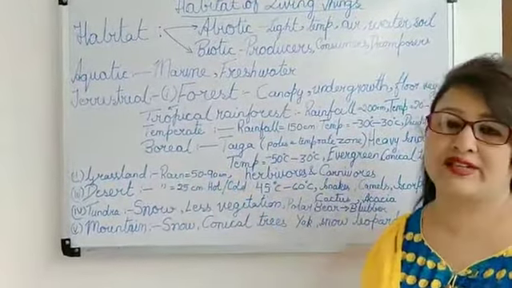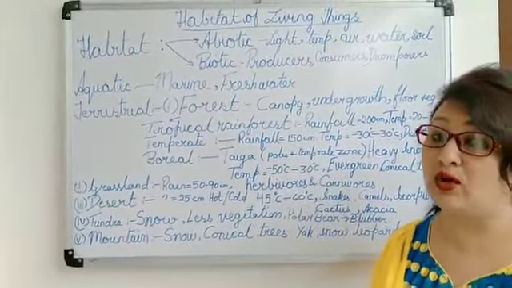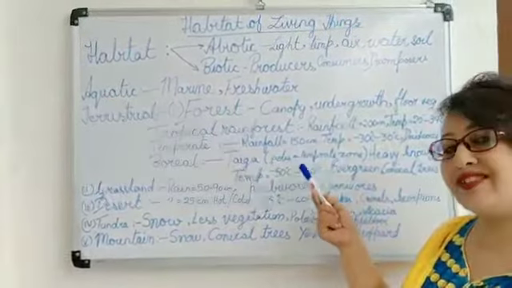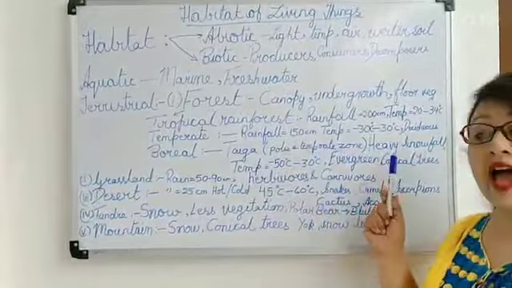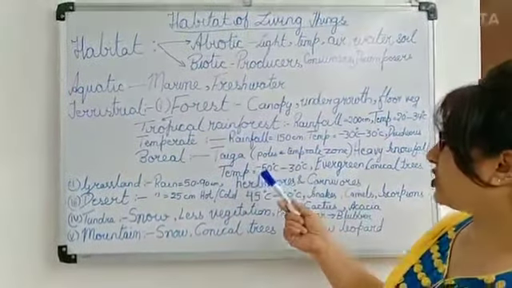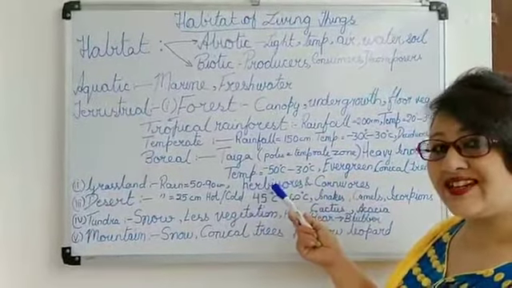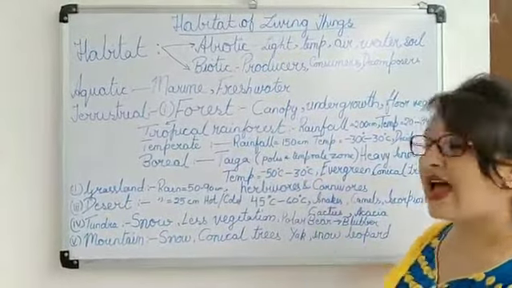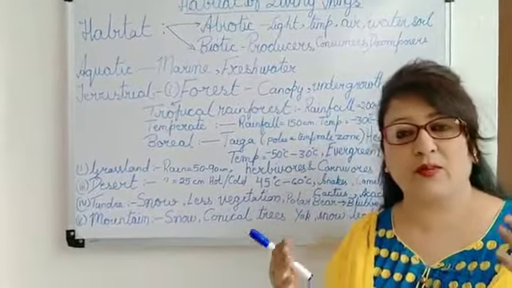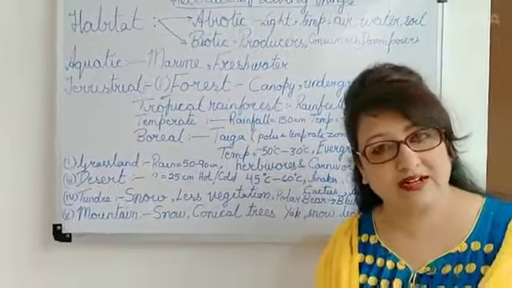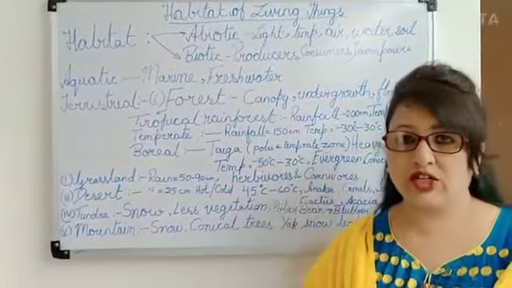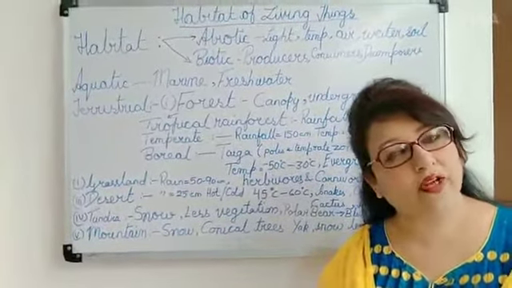Boreal forests are the ones which are found in polar regions or the poles or the taiga regions between the poles and the temperate zone, and they face a heavy rainfall there. Then the temperature ranges there from minus 50 degrees to minus 30 degrees. And it is full of evergreen, conical trees which may be pine, spruce, cedar, etc. They have got needle-like leaves so that the conical shape allows the snow and the rain to fall off or